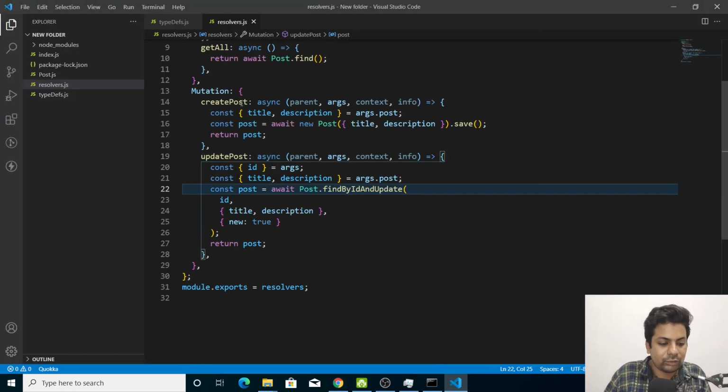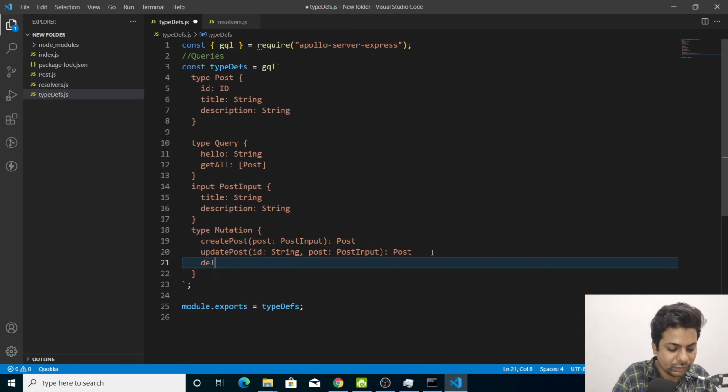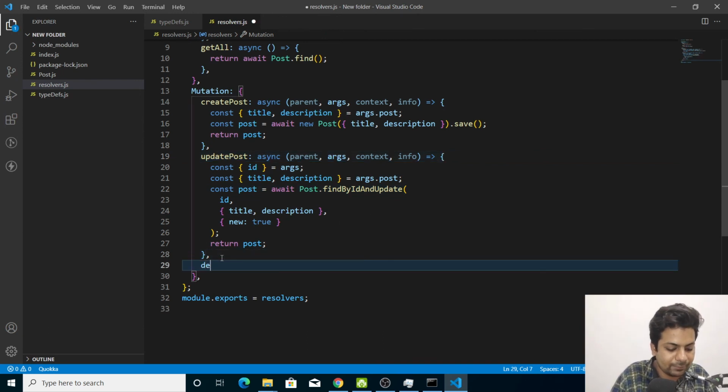So now come to the deletion part. We'll say delete post, and here we'll take id and it will be of string, and we'll return the string because it already got deleted, so we won't return post. So here instead of doing these things, we just write delete post.